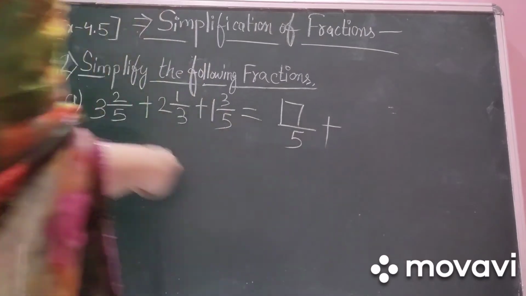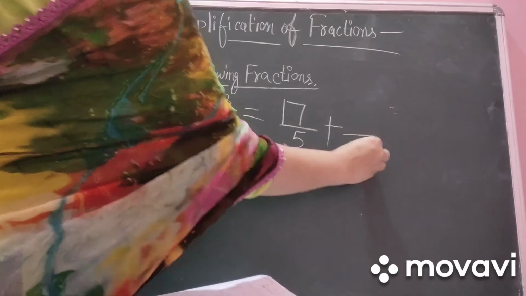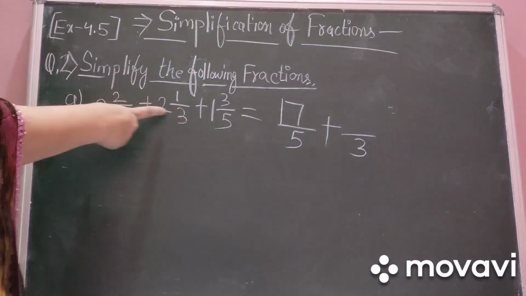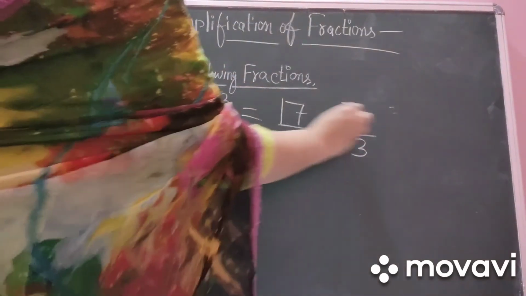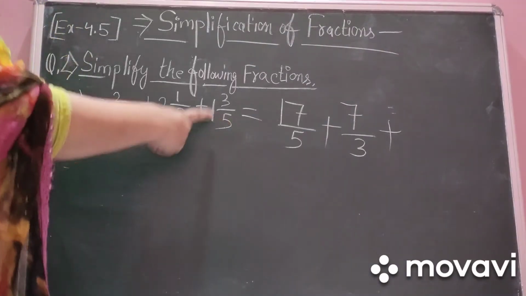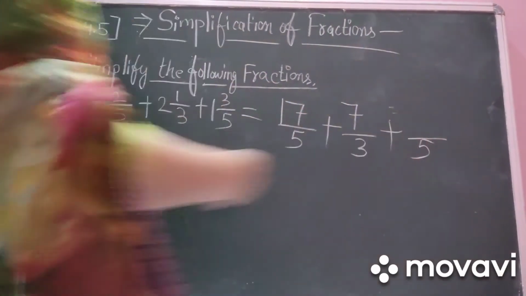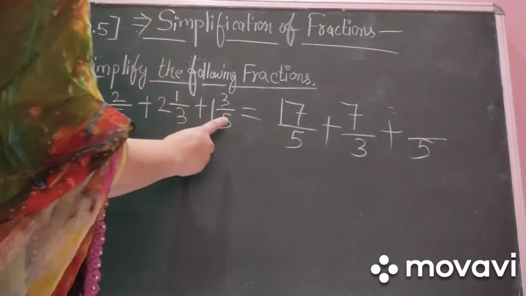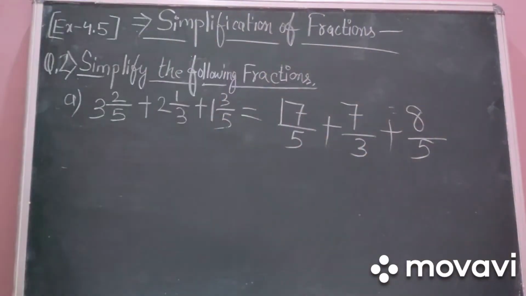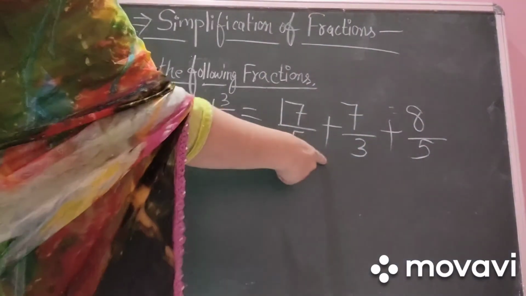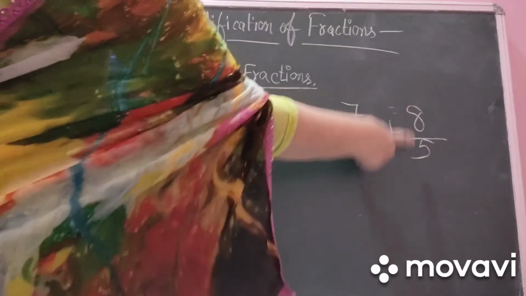Okay. What is this second mixed fraction? 3 in the denominator like this. And in the numerator, 3 2s is 6. 6 plus 1 is 7. So I am writing 7. Fine. Come to third mixed fraction, that is 1 3 upon 5. So you have to write the denominator as it is like this, 5. And for the numerator, you have to calculate. 5 1s is 5. 5 plus 3 is 8. So I am writing 8 by 5. Now we have converted all the mixed fraction to improper fraction. And the fractions are 17 upon 5 plus 7 upon 3 plus 8 upon 5.